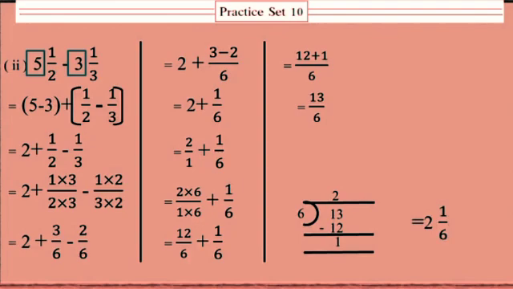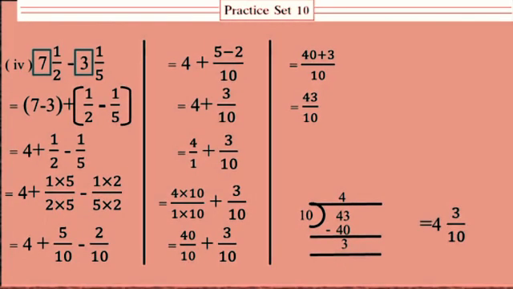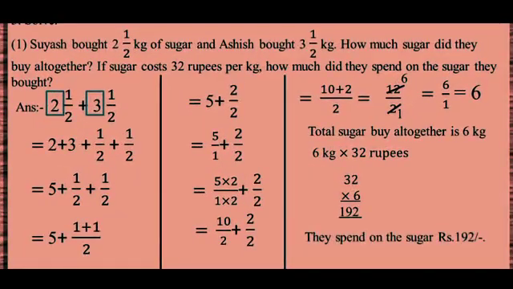Let us make them common. To convert the denominator into the same number as 6, we have to multiply numerator and denominator by 6. So 2 multiplied by 6 is equal to 12. 1 multiplied by 6 is equal to 6 plus 1 upon 6. Answer is 12 plus 1 upon 6 is equal to 13 upon 6. Let us convert into mixed fraction, that is 2, 1 upon 6. In the same way, the third and the fourth questions have been solved. Do it yourself, try once and check your answers from the video.